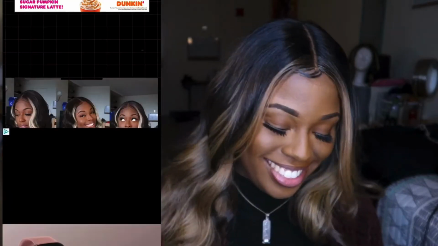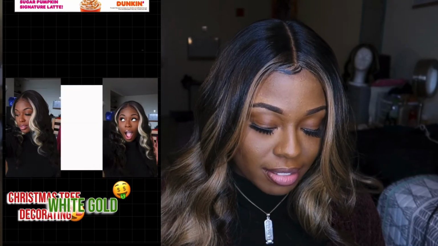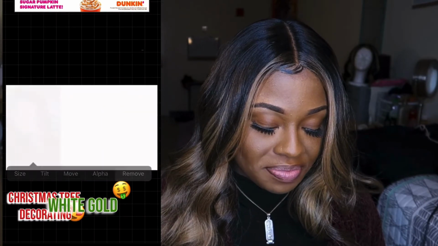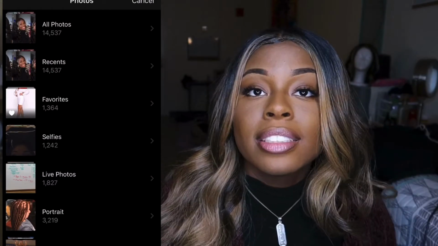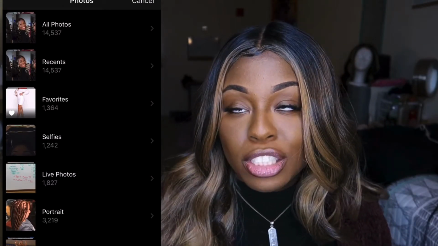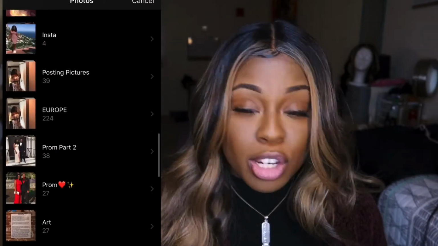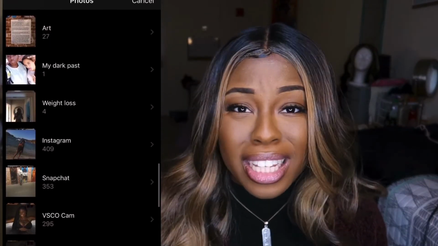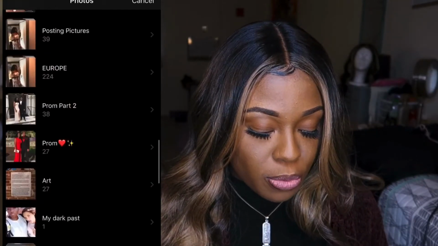That's an ad. So I'm gonna save everything and then delete it. Go into add image, and something that's really important to do is to make sure that you have some type of YouTube folder in your photo album, just so it's easier to get to things that you use a lot. So I have a YouTube folder